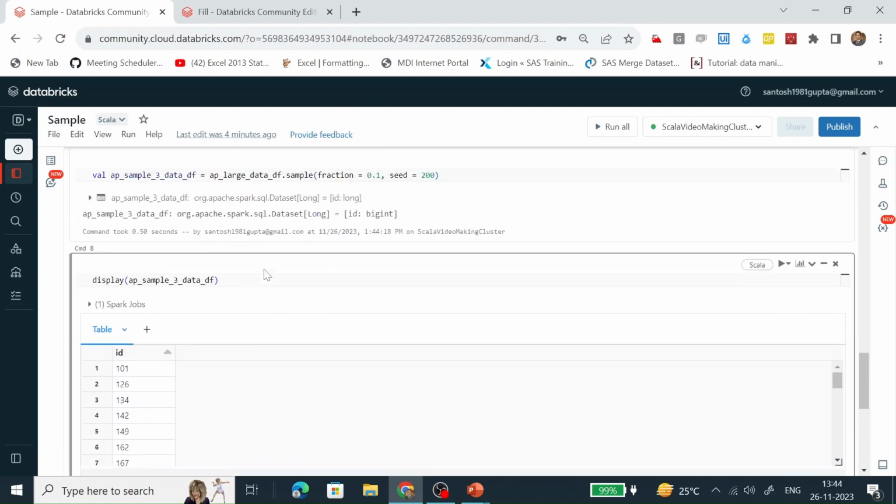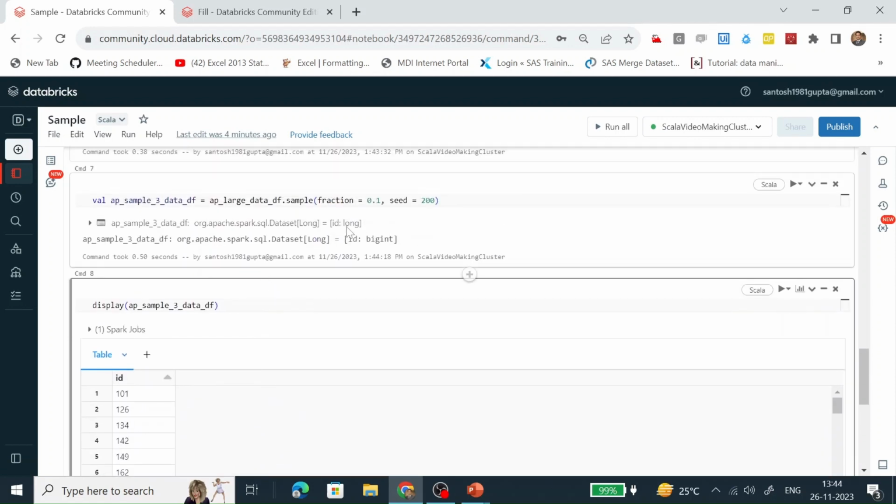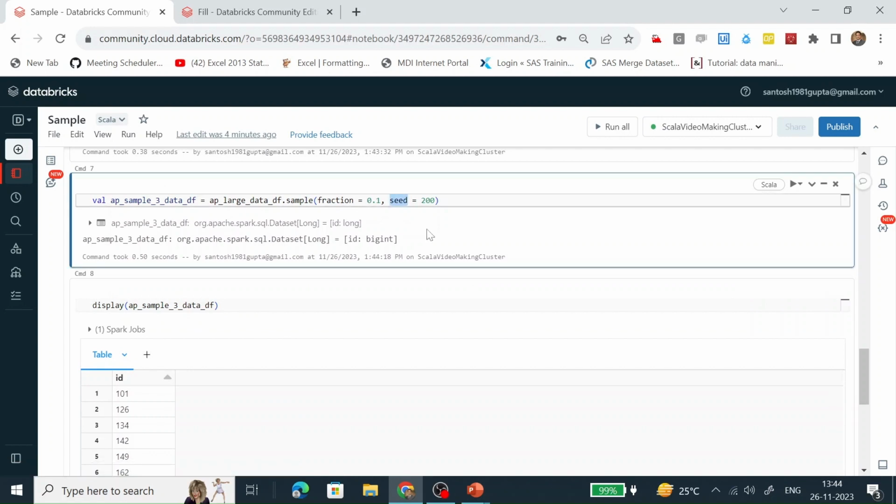So the data is different if the seed is different. We have seen here how we can take sample data out of a big data set with the help of a seed. Same seed, same records will be available in the sample. Different seed, different records are available in the sample. Let's go to the PPT.